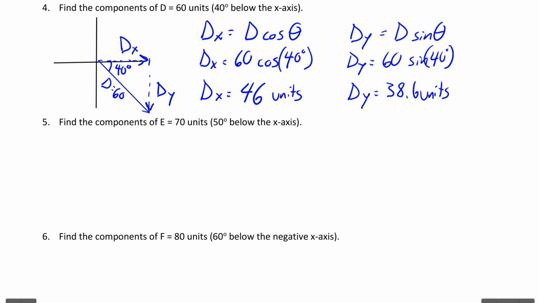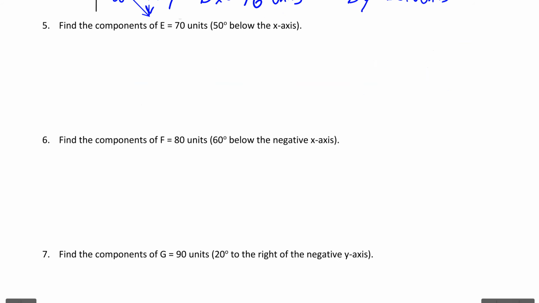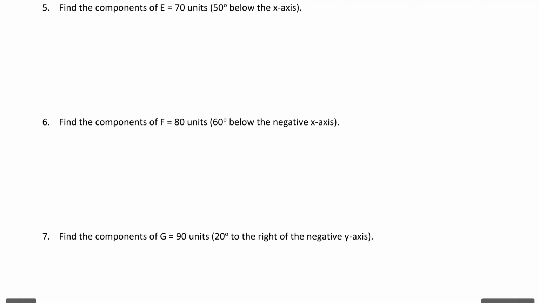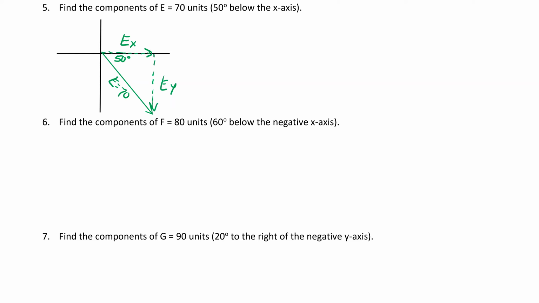Those are the size, the magnitude of each component. Okay, number 7. Find the components of E equals 70 units, 50 degrees below the x-axis. So again, similar to the last one, here's the x-axis. We're going 50 degrees now below the x-axis. And we can label it, draw in the x component, draw in the y component. I want to use the shortcut, so I'm going to verify that EX is adjacent to the angle, and it is. So I'll write the equation,